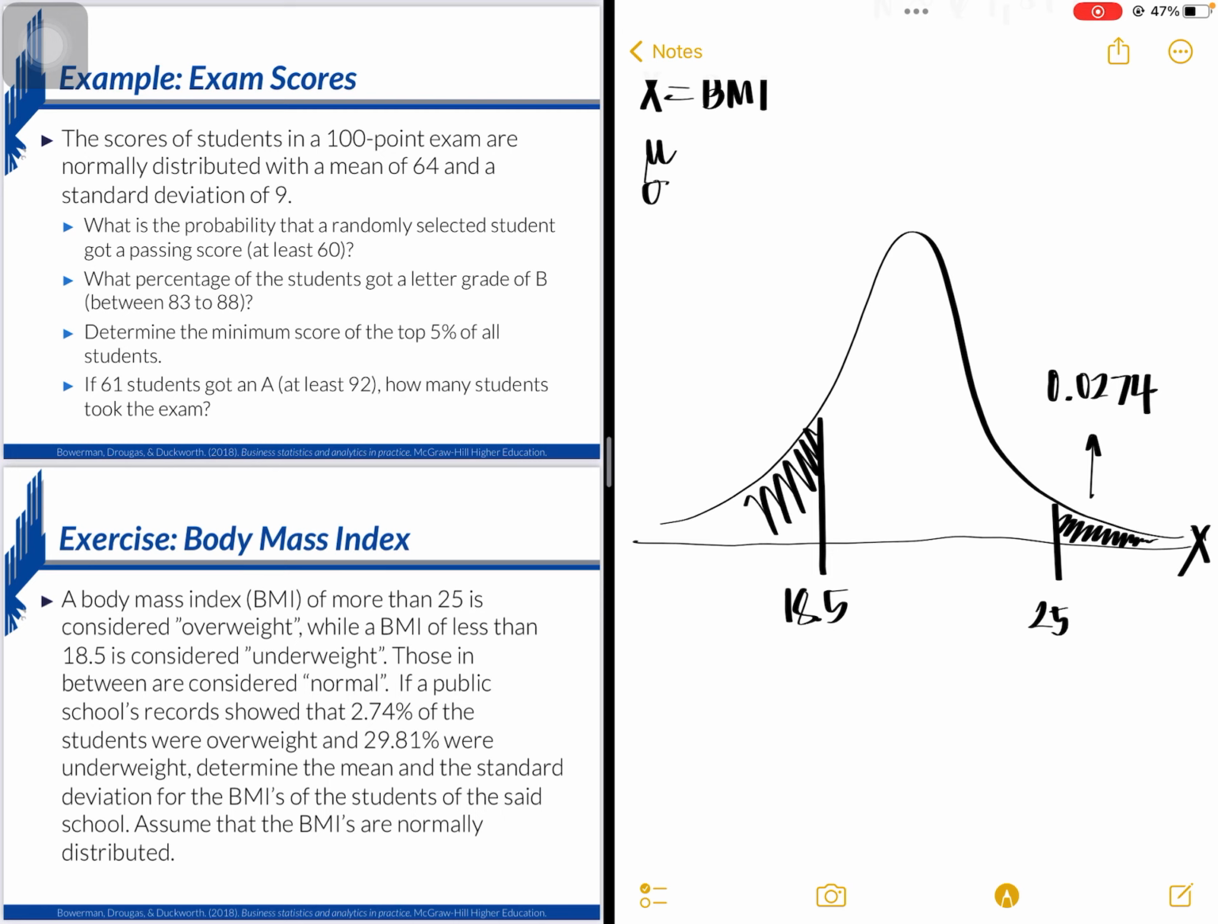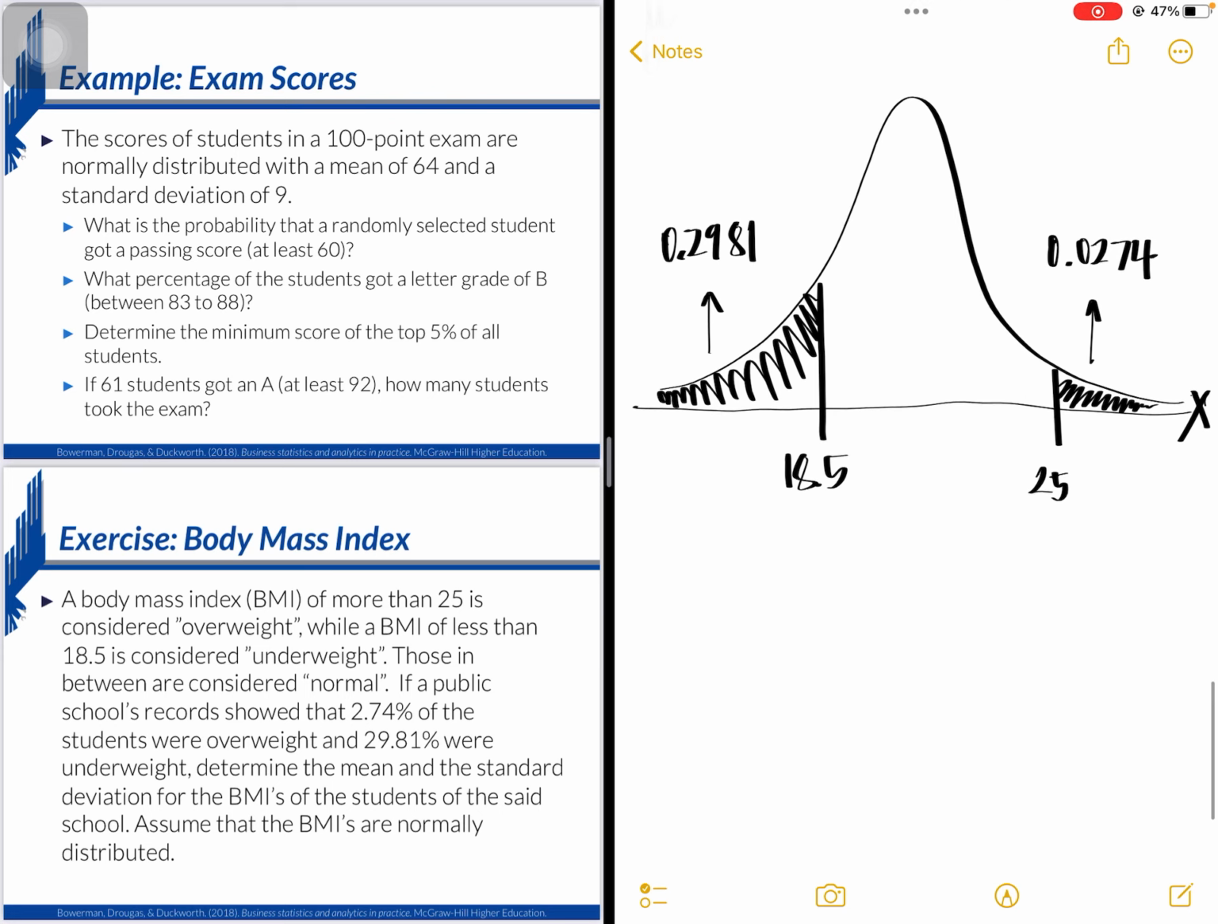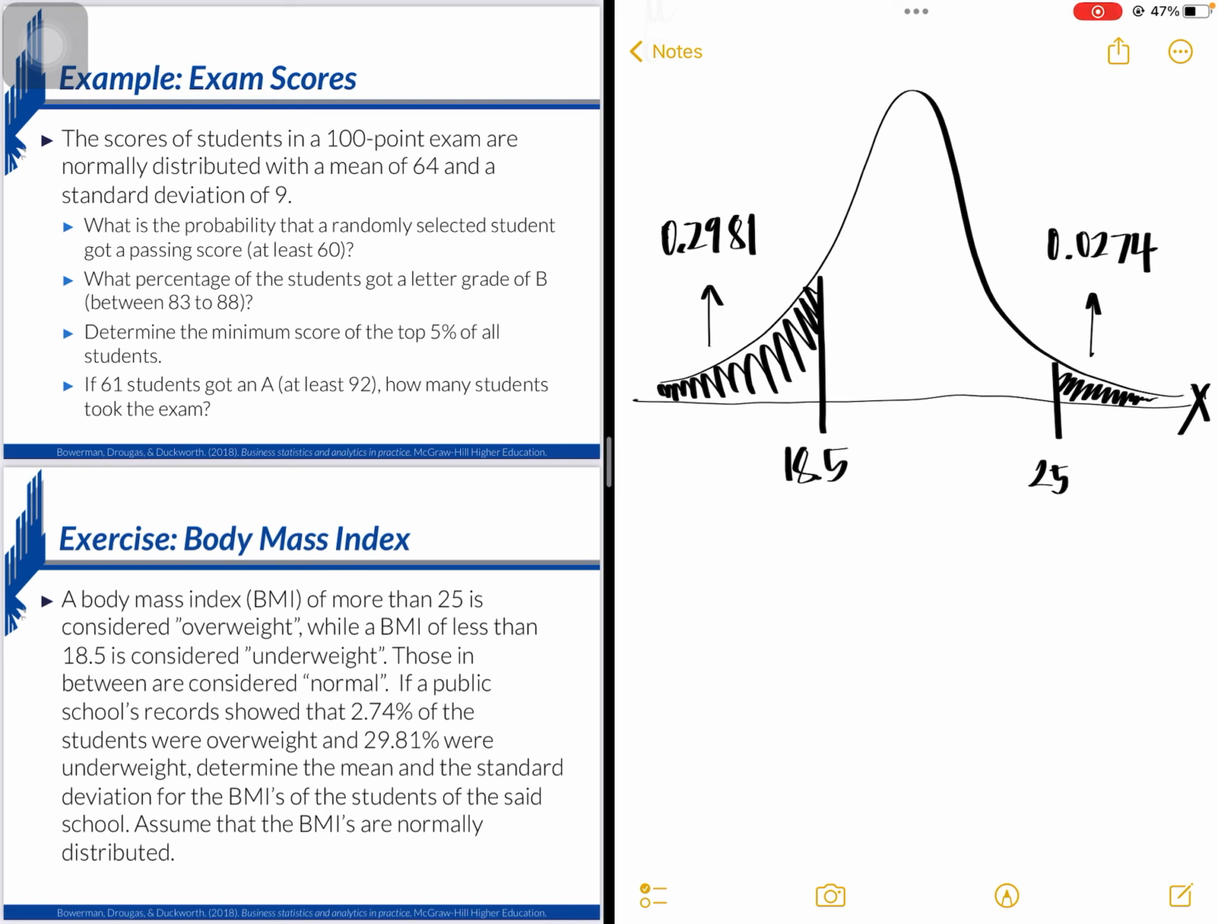This area, according to the problem, that's 29.81%. So this is the information given to us so far. So our next step is to find a way to solve for the mean and the standard dev using this information. Now, we are given probabilities, we are given values of X, so we can try to write these values